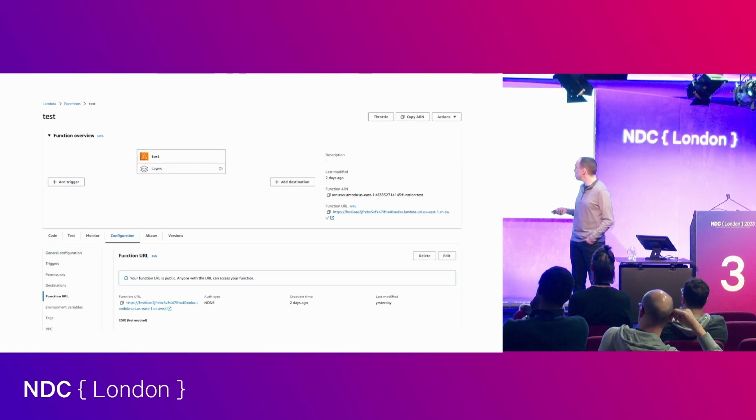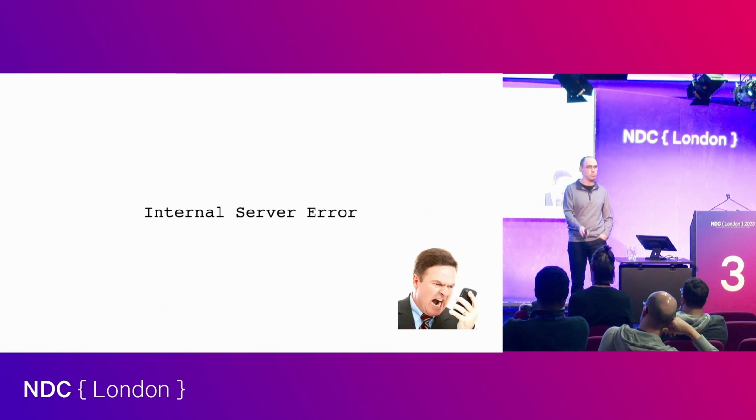And then I can create a URL with an auth type of none. And of course, I was really excited, plugged it in, and internal server error. And I could not get past this for this particular function or Lambda deployment. No matter what I tried, and I tried Googling. I even talked to the AWS expert in my company and another guy who works at AWS, and he said, just try redeploying it. And I was like, all right, well, I'm not going to do that. I'm going to redeploy a new one.